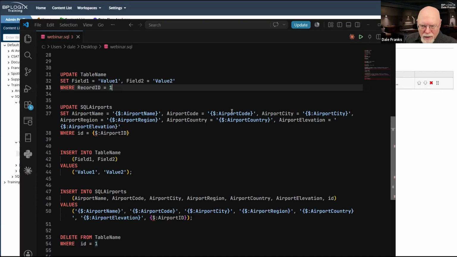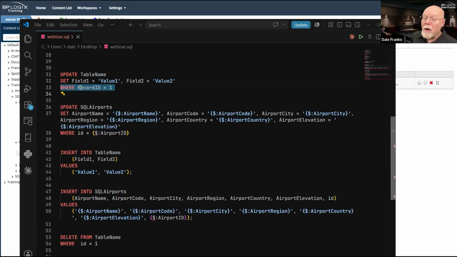As we discussed last week, the record ID is the one field that uniquely identifies each row in the table, each row being a single record in our example that we're using today of airports and the data about a specific airport. This is called the primary key, and this is what we are usually going to use when we do an update. In fact, almost invariably, we're going to use it.